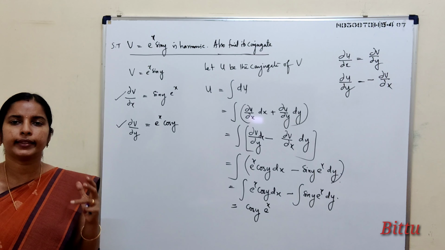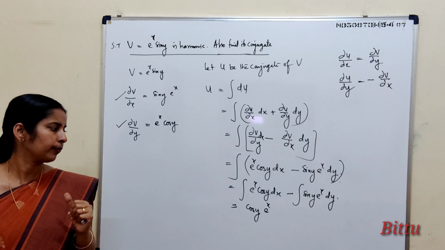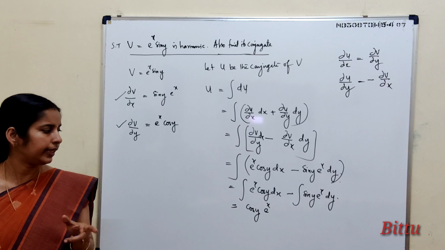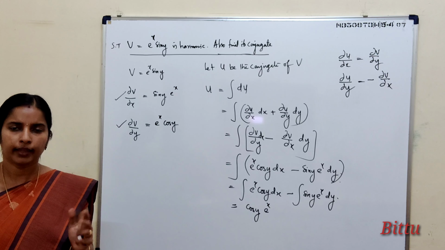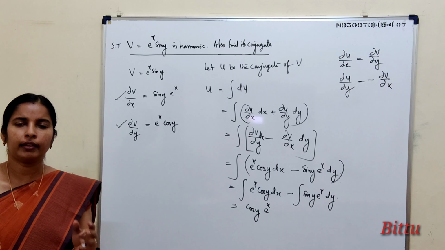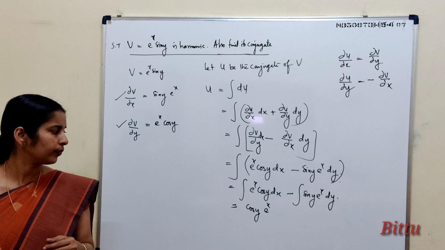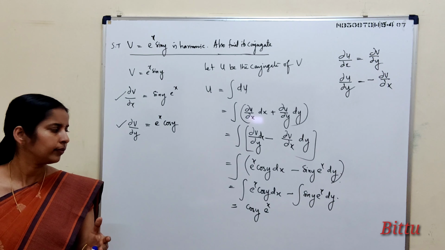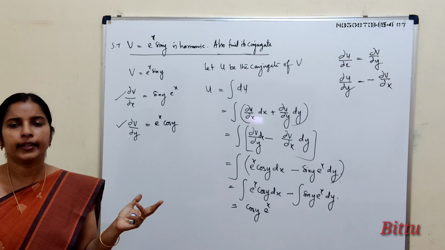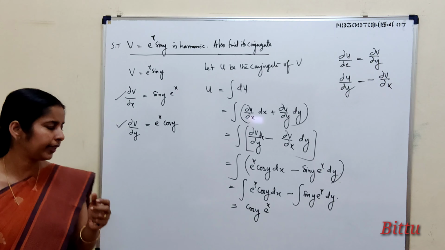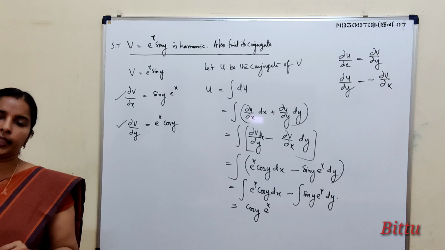Next, we have to integrate the second term. While integrating with respect to y, you have to integrate those terms which are independent of x. That means the integral of any term containing x is 0. The easier way is you integrate those terms which are independent of x. You look, is there any term which is independent of x? See, here we have one term, it contains x. So there is no term which is independent of x.